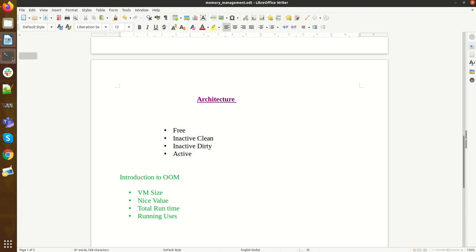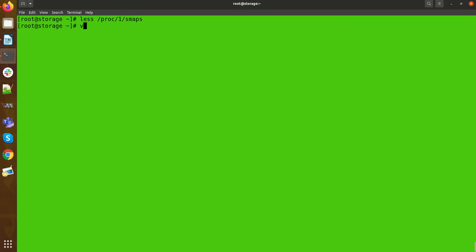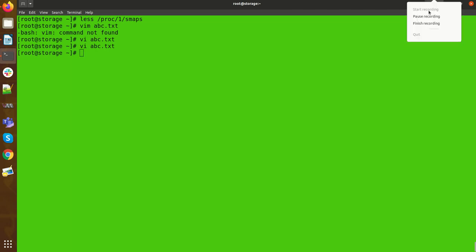Inactive clean means, let's suppose I created a file with the name abc.txt, and I didn't make any changes in this file, and simply quit that file. That is the inactive clean condition.